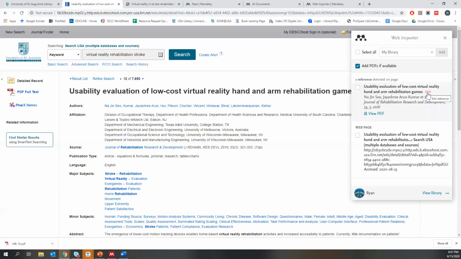So it went looking for the PDF, and lucky for us, it is available either in Mendeley's library or maybe somewhere else on the web, but it's there. So that's cool. We can add that to our library there. The other way to do it, of course, is sort of the